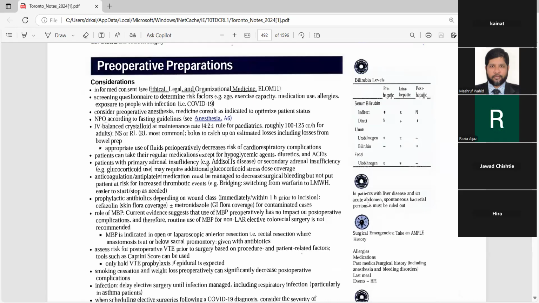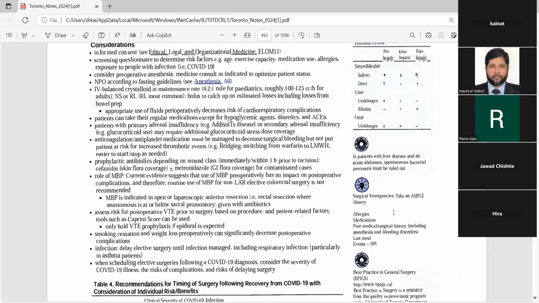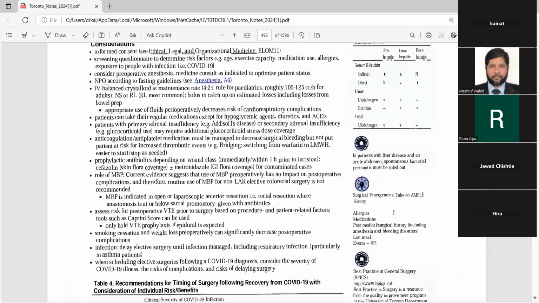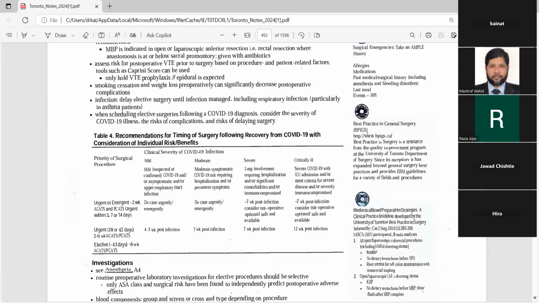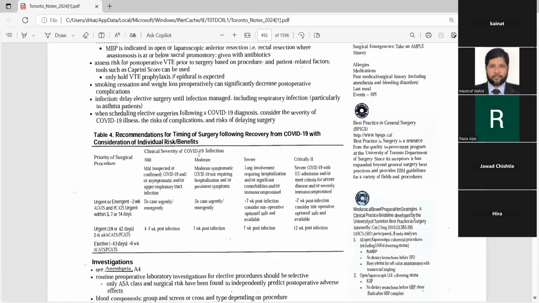In patients with liver disease and acute abdomen, spontaneous bacterial peritonitis must be ruled out. So it's very important. Then you are going to ask the same history as we already discussed. Best practice in general surgery is basically sourced from quality improvement. So here comes,